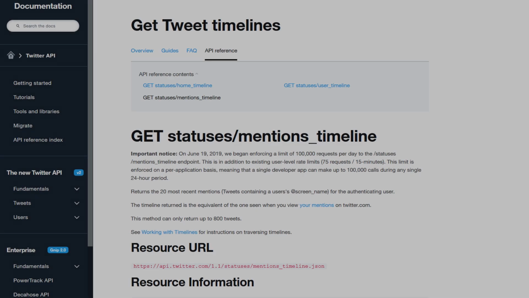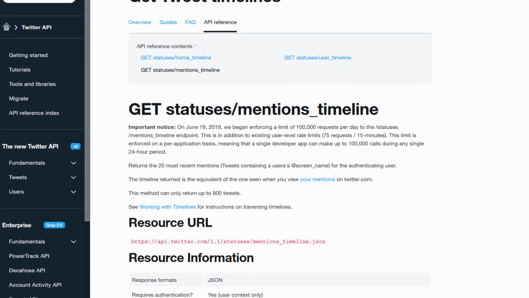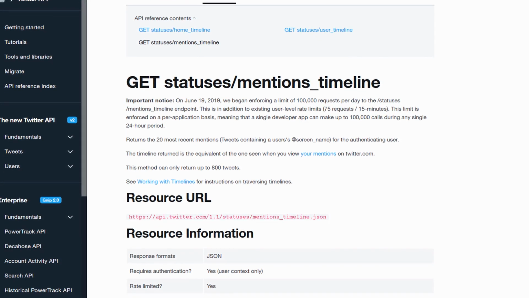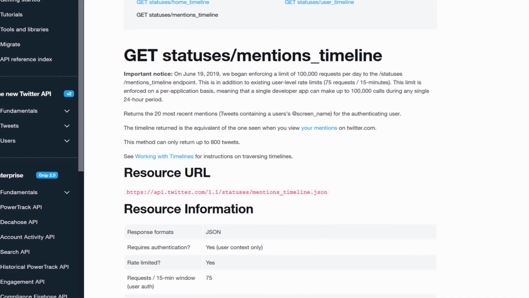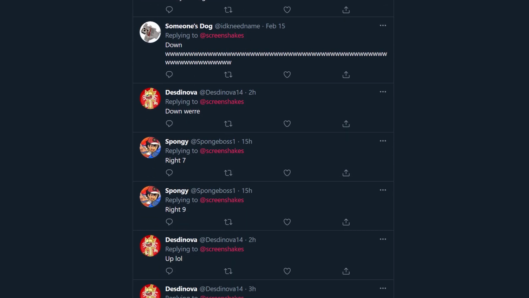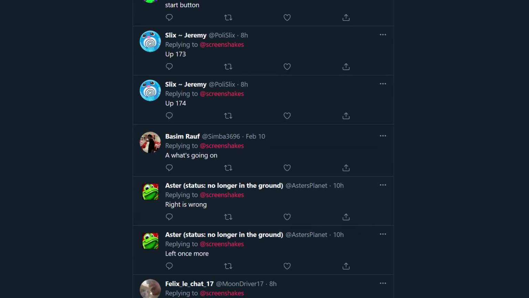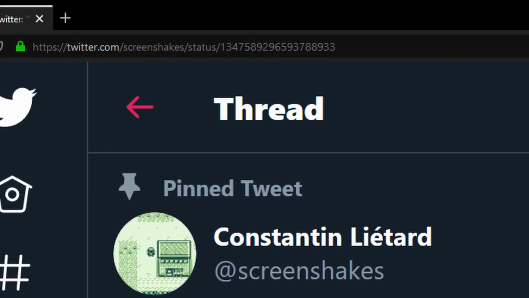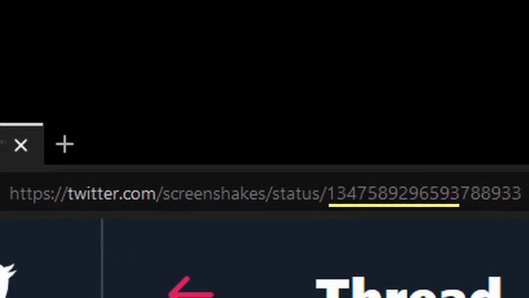For the inputs, it's a bit more complex. The easiest way I found to get the comments of a tweet is to use the mention API. What it does is that it returns the last tweets you were mentioning. This can be any reply to any of your tweets, or anytime someone tags you. You can provide the ID of a tweet when sending this request, and the API will only return the tweets that are newer than the one you sent.